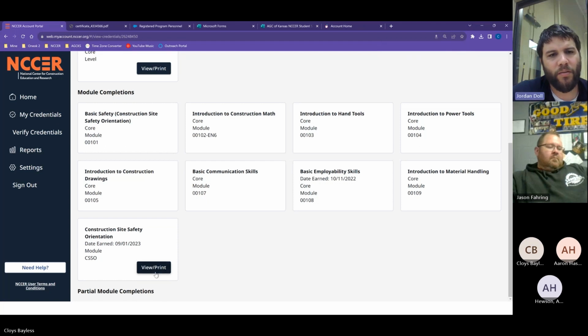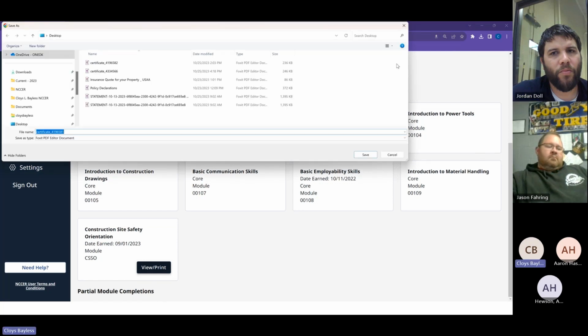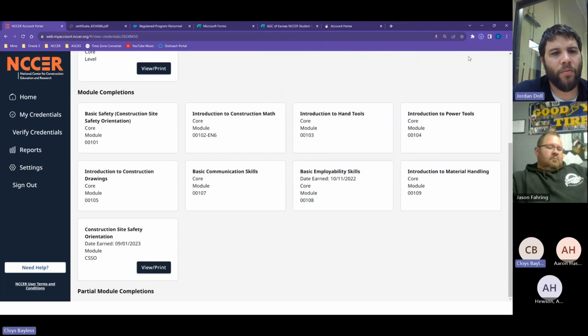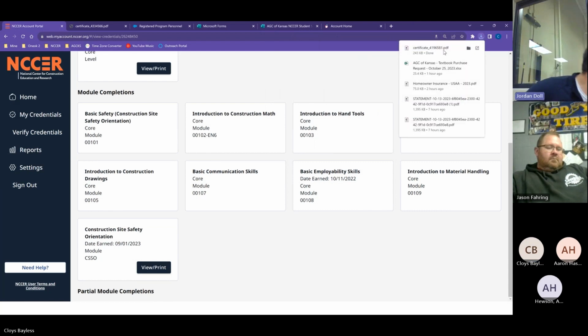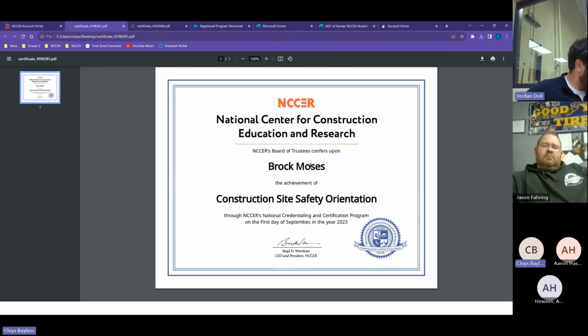Oh, it says he does. It blocked it, so let me. So we'll find out right here. Yep. So when they finish that OSHA or the basic safety in core, they do get a certificate. So if they complete it, they should be able to go ahead and get the card.